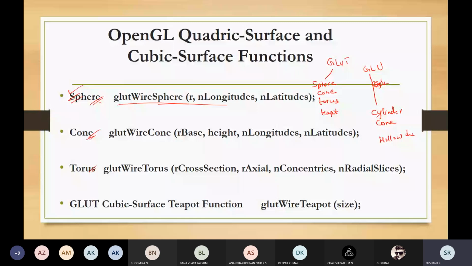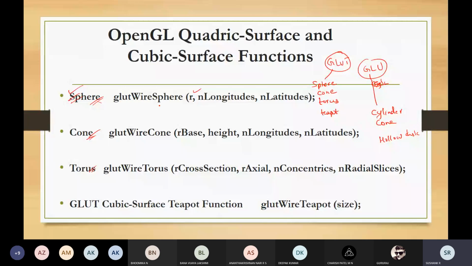So the first one is the sphere. The first function is glutWireSphere, which takes three parameters. The first one is the radius, and the second and third are the number of longitude lines and the number of latitude lines that are approximating the sphere. So glutWireSphere will give us the curved surface called a sphere. Here r means the radius,